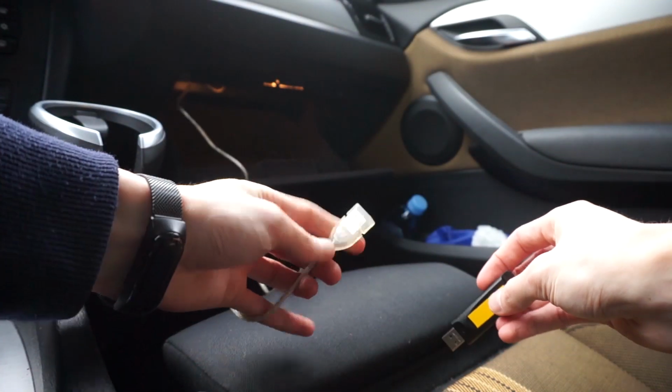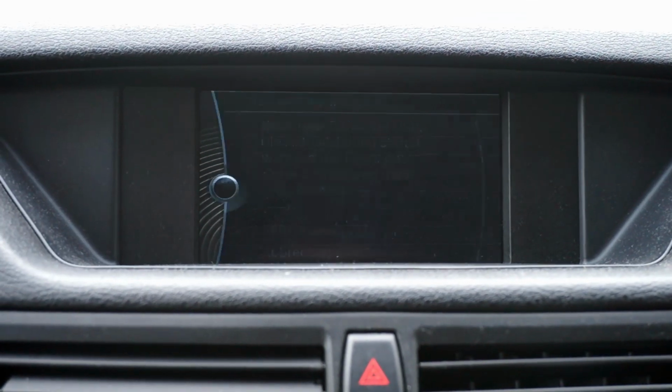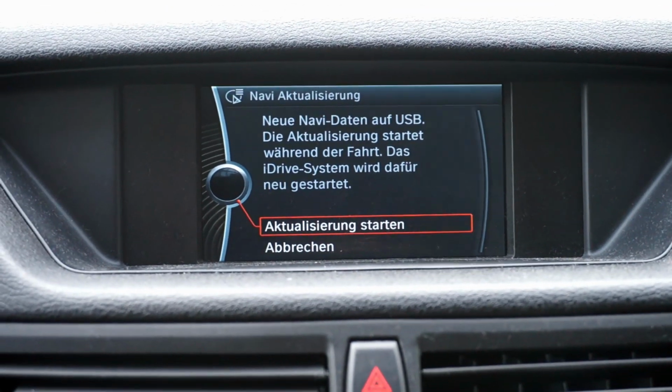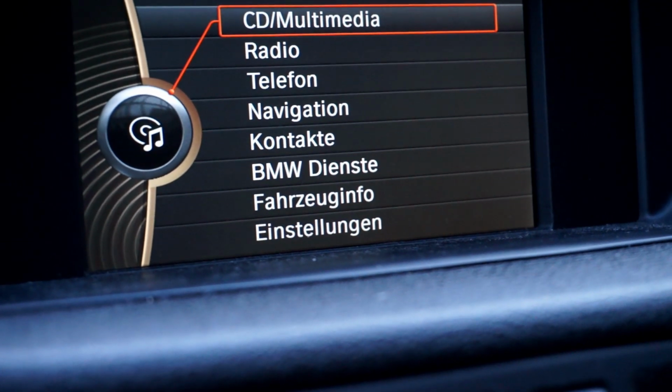So if you have both the USB drive with new maps and the activation key code, you can perform the update. So what you're going to do is open the glovebox, and there's a small USB port over there that you are supposed to use only for the software and maps updates. And as soon as you connect your USB drive to it, it will detect that there's new update available. You will see a prompt on the screen, and if you agree to update your maps, you will be asked to enter the key code. After you enter it, and if it's correct, the procedure will start, or in most cases it starts, because in